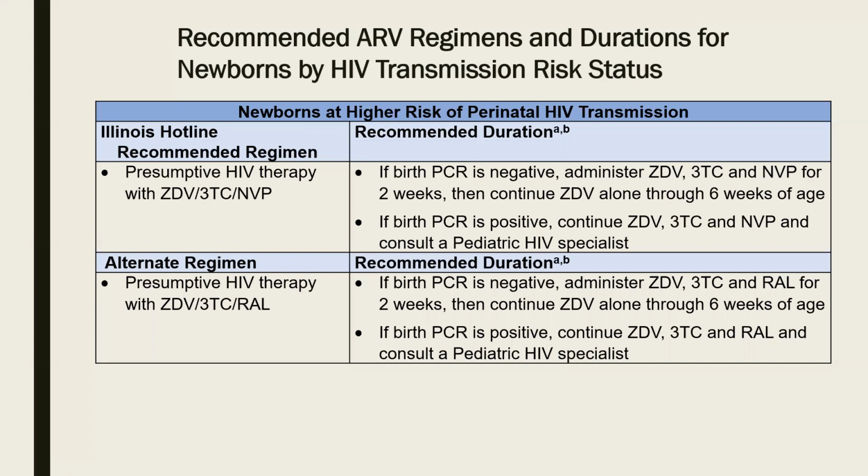What you would do is, if the birth PCR is negative, you would administer the 3 drugs for 2 weeks and then continue ZDV alone through 6 weeks of age, after discontinuing the 3-TC and nevirapine at 2 weeks. The same applies if they're on a ZDV 3-TC RAL regimen, just swapping out the duration of RAL and nevirapine. And of course, if the birth PCR is positive, you'd continue ZDV 3-TC, nevirapine, or RAL and consult a pediatric